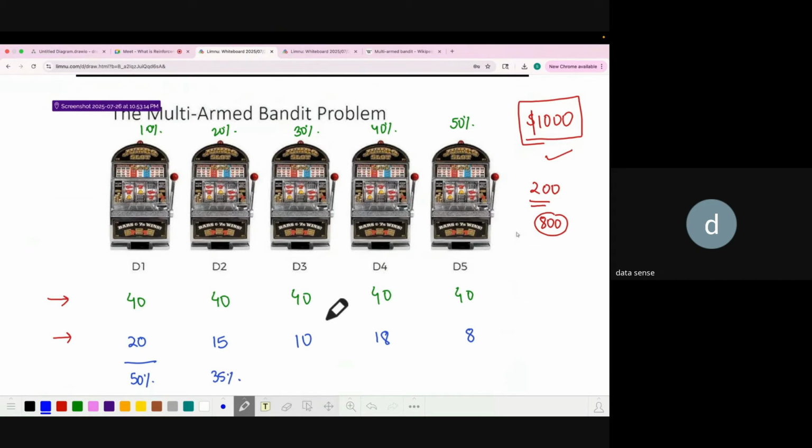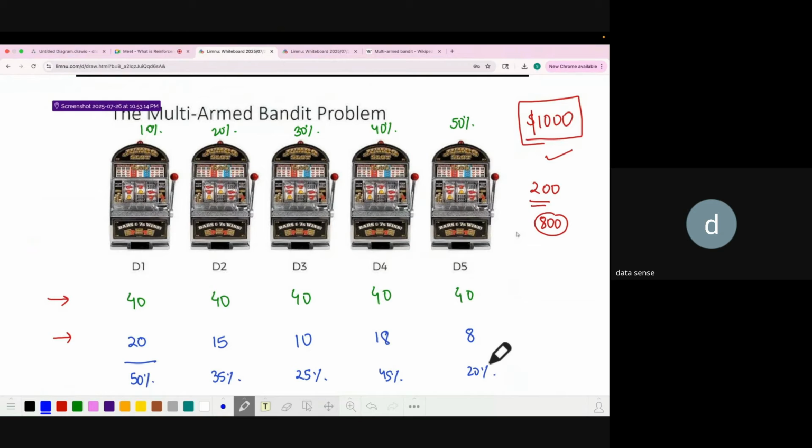This is 25%. Okay. And this is 36, roughly around 45%. Okay, and this is your 8 by 40, so 16 plus 4, 20%, right? So now